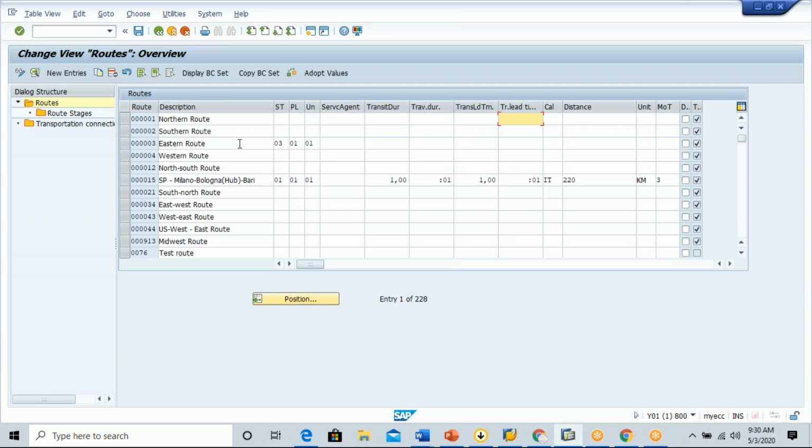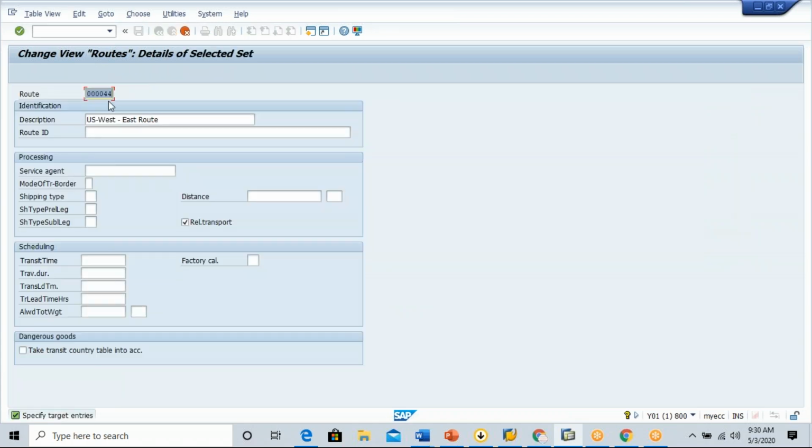Then the description of the route is provided by the company. And if you want to configure a route for your client, you can copy any existing route, or you can go to, okay, just change